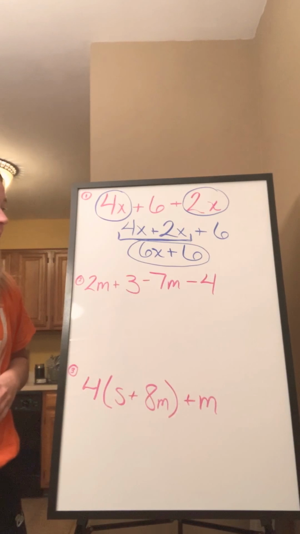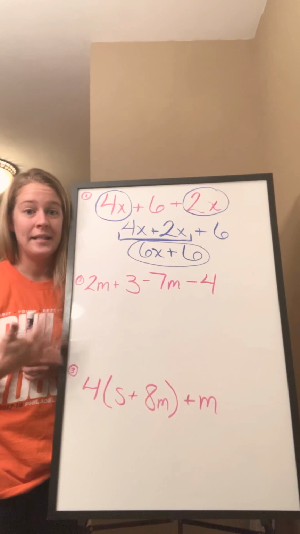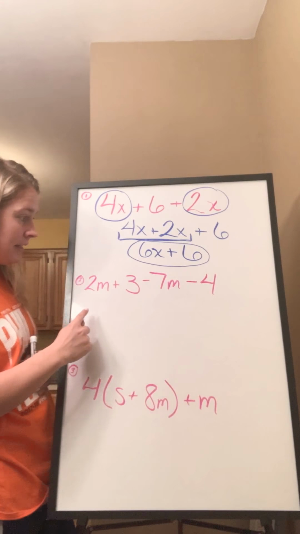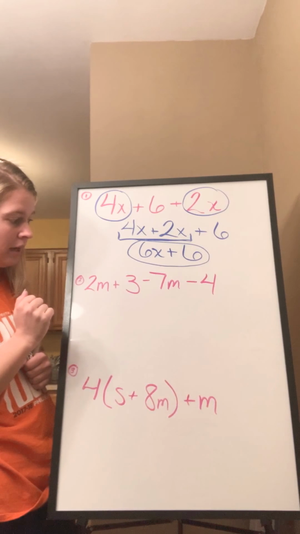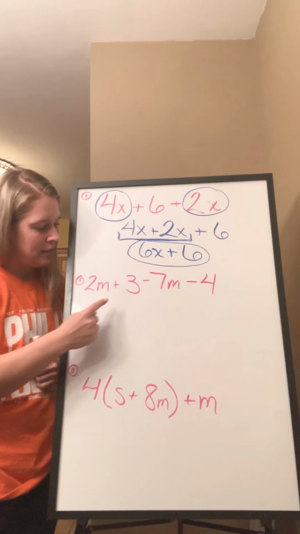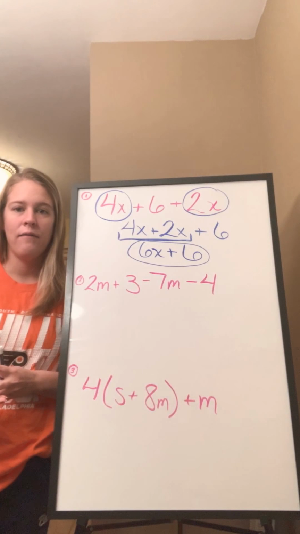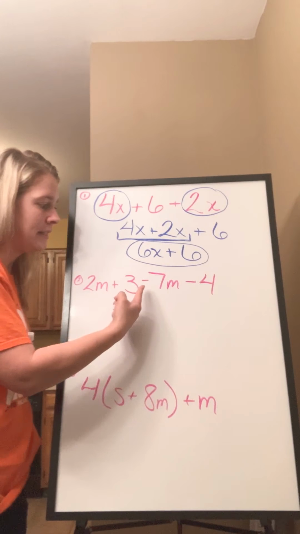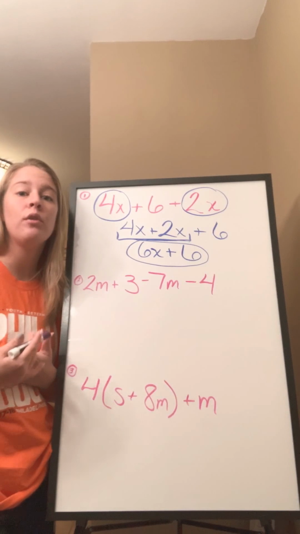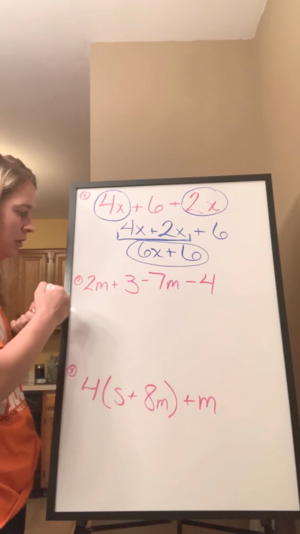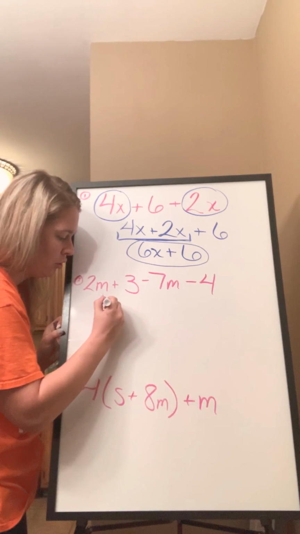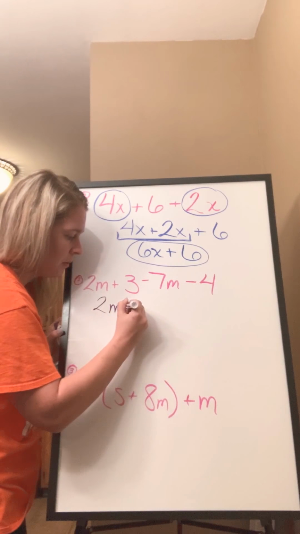So I have a problem here, all right? I see like terms, right? I see an m and an m, and I see a 3 and a 4. They don't have variable parts. But my problem is that I see subtraction, right? I always want to rewrite subtraction as adding the opposite. So I would rewrite this as 2m plus 3